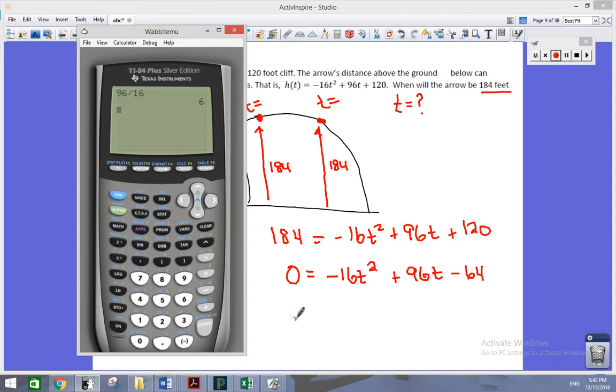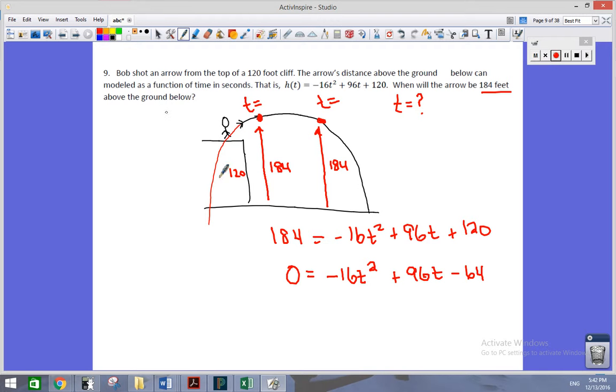Yeah, it sure is. So let's divide everybody by a negative 16 to just get that leading coefficient positive. If I divide by a negative 16 here, well, 0 divided, it's okay for 0 to be in the numerator. That fraction is going to reduce to 0. If I divide by negative 16, divide by negative 16, divide by negative 16, I'll get a quadratic equation that